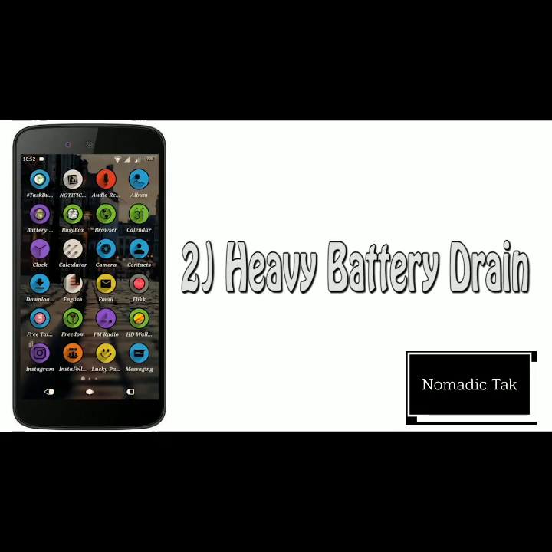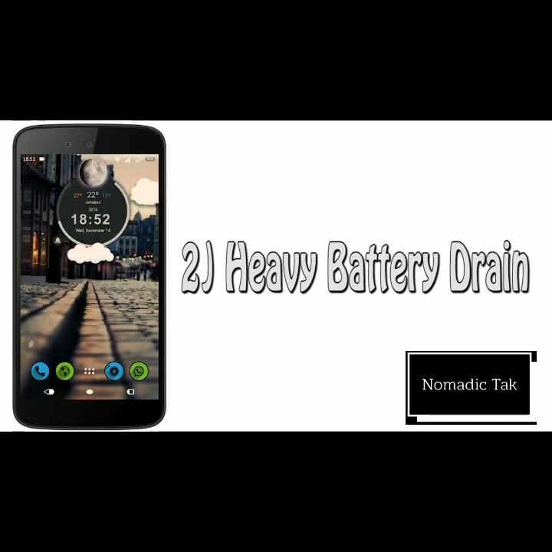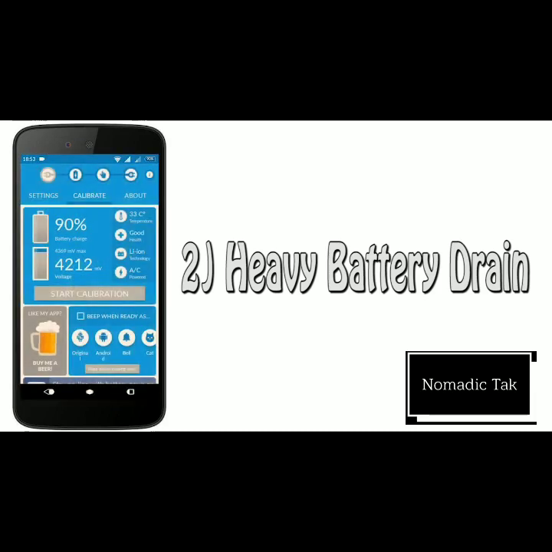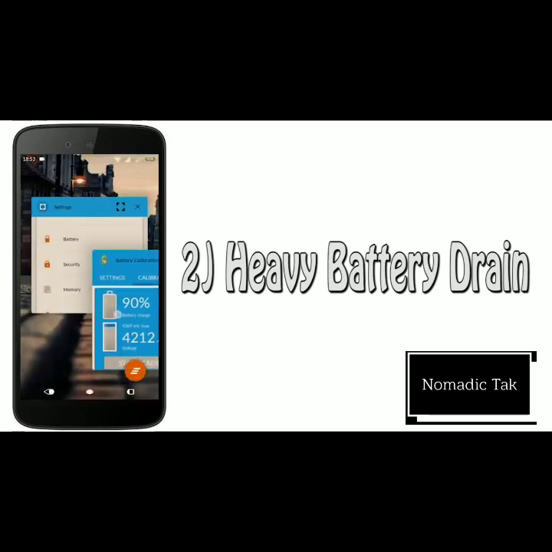Now the last thing is for the hardcore Android users. If you are switching between different ROMs on your mobile, your battery drainage might be more severe, for example if you switched from stock ROM to a custom ROM like CyanogenMod. So what you have to do is plug in your phone and let it charge to 100%. You should be rooted. Now download the battery calibration app, and just start calibration. It will calibrate the battery.